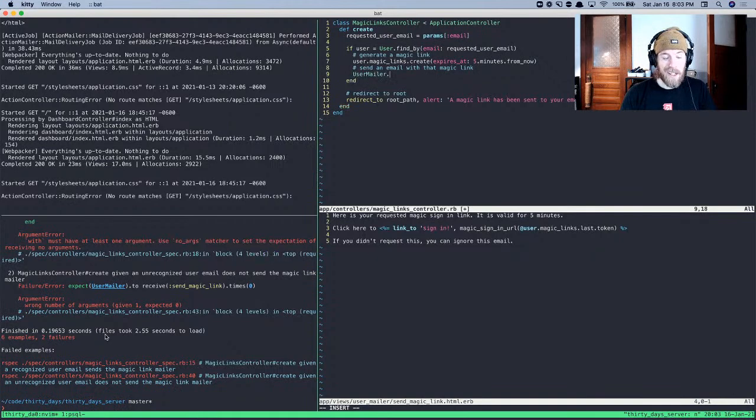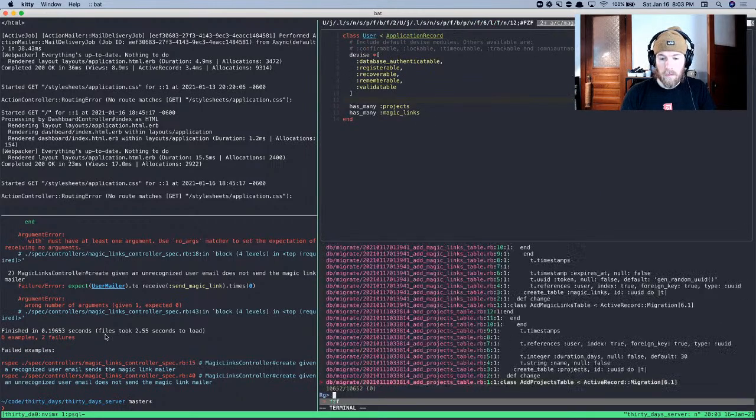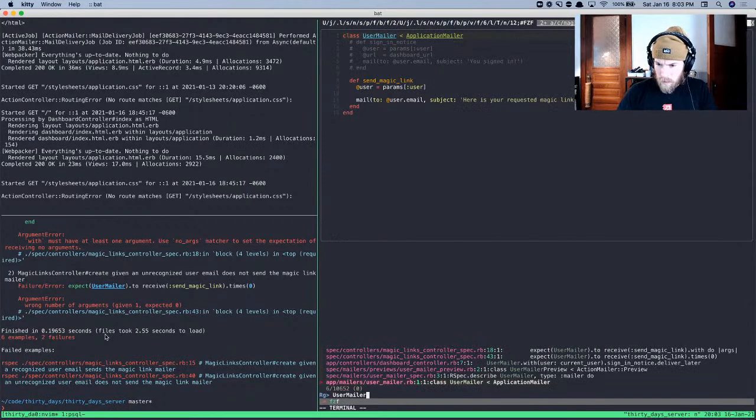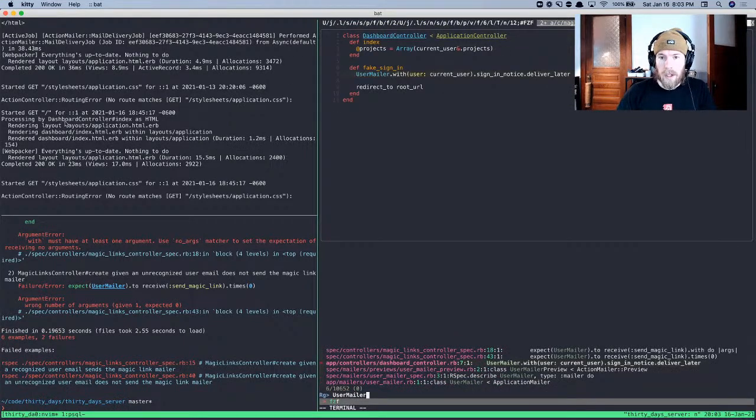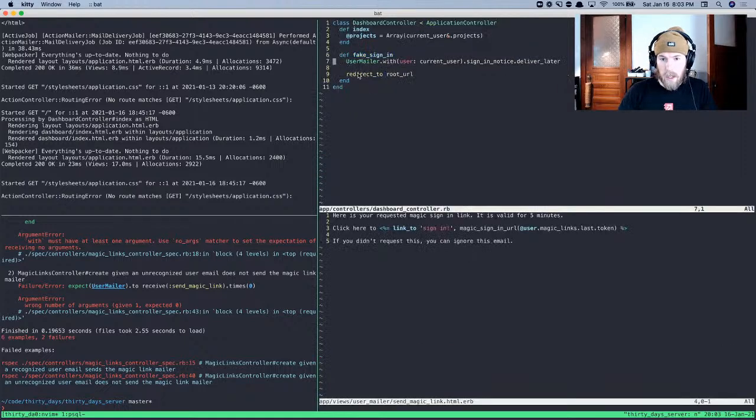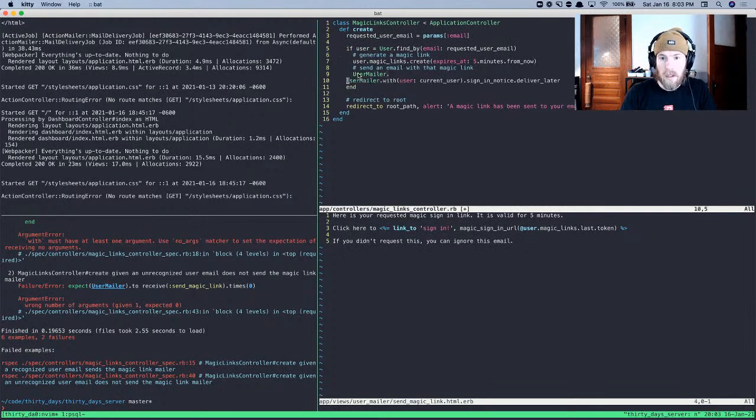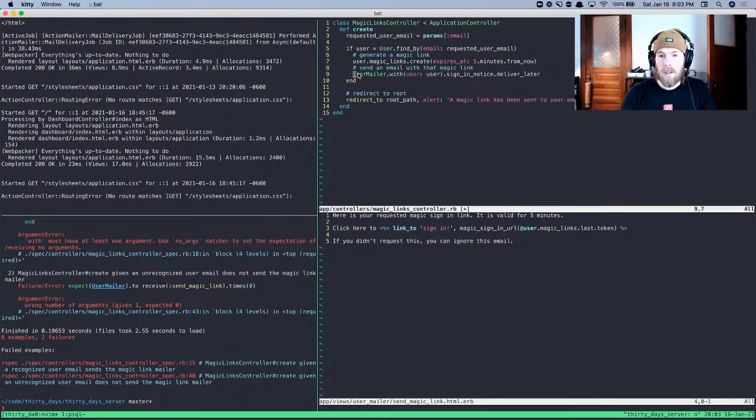User mailer dot with, that's what I'm looking for. With, and then you give it the param like that, and then you can, yeah, let's grab that and go back here. Not current user though, just the user that we looked up. And then,